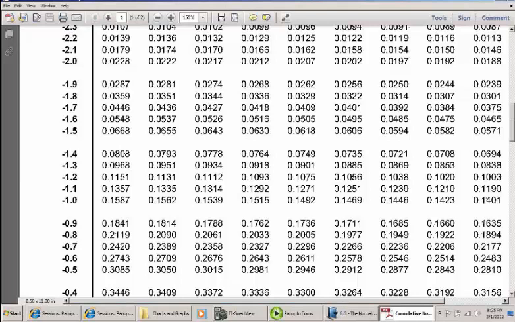And it is right over here. I'll zoom out, and that's in the negative 1.7 row. Scroll up to the top, that is the 0.07 column. So my z-score would be negative 1.77,